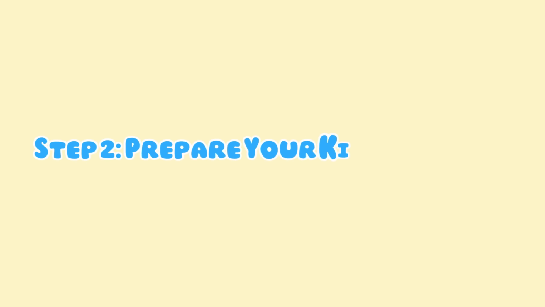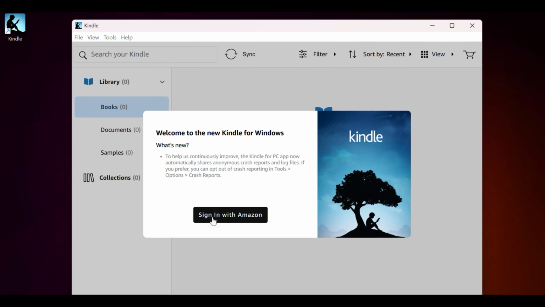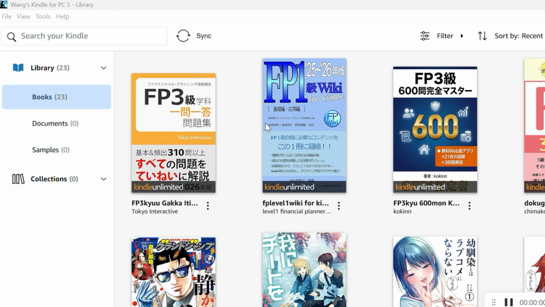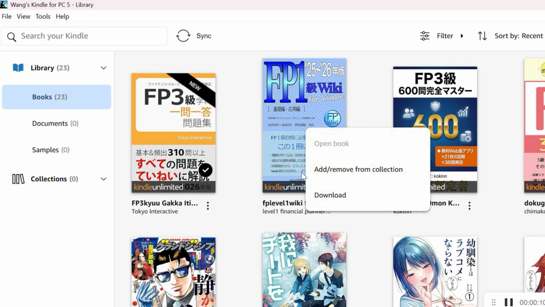Step 2. Prepare your Kindle books. Open up your Kindle for PC app. Once you've signed in, the app will automatically detect your account and sync your library. If your books don't show up, you can just click the sync button. Then select the books you want to convert and double-click the covers, or right-click and hit download to save them